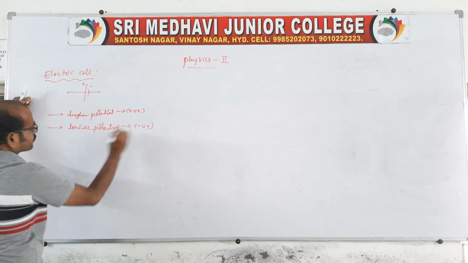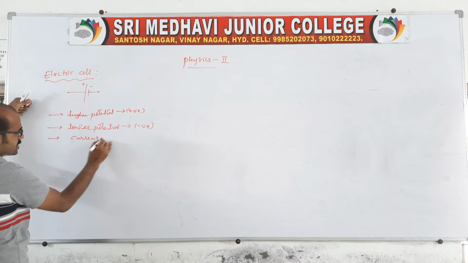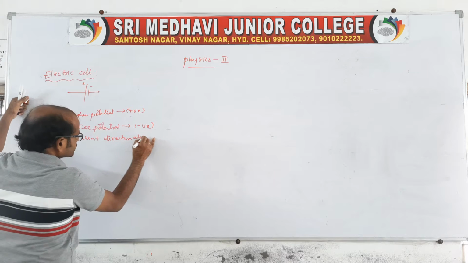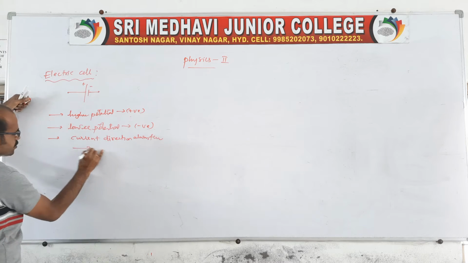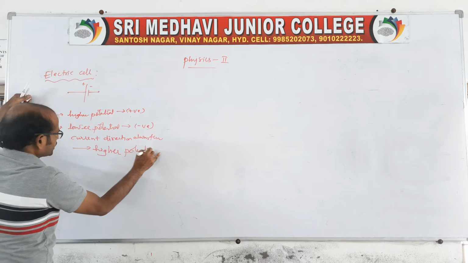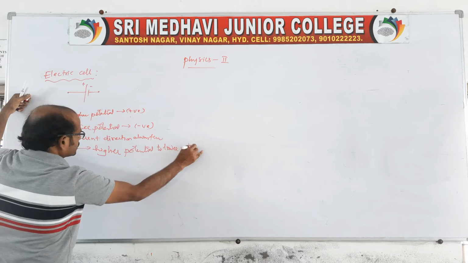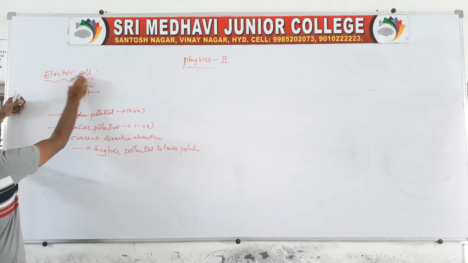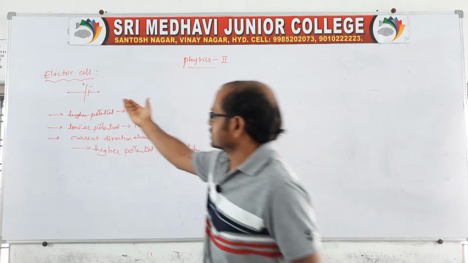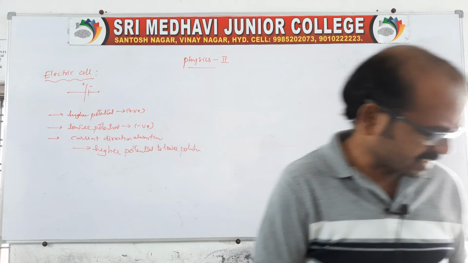Of course, you remember the direction of current, which is a very important point. Current direction is always from higher potential to lower potential only. This is also very important. So this current will flow from higher to lower potential. In general, we can also call the higher potential the anode and the lower potential the cathode, as in chemistry.